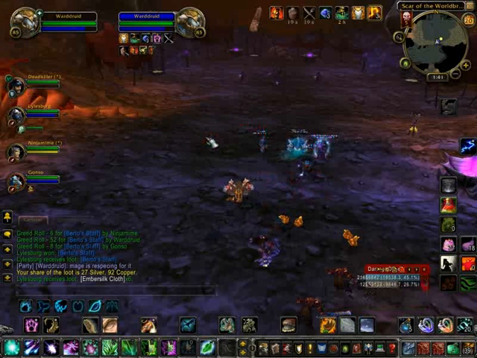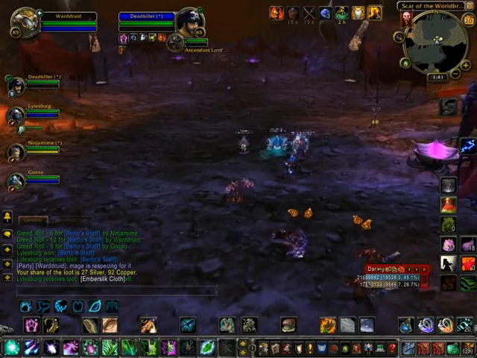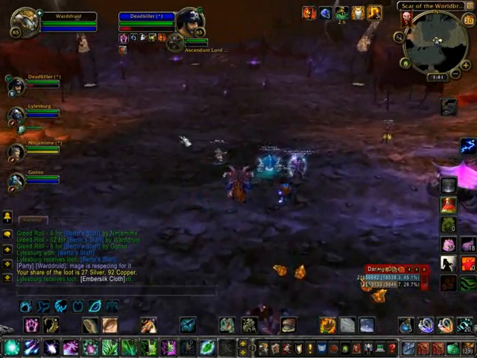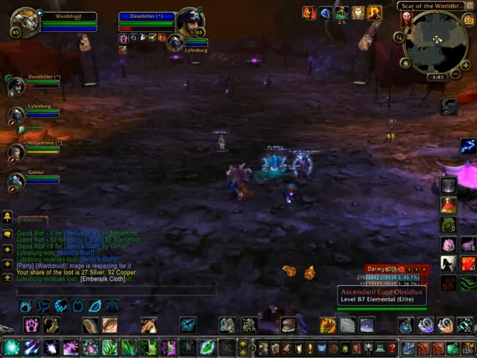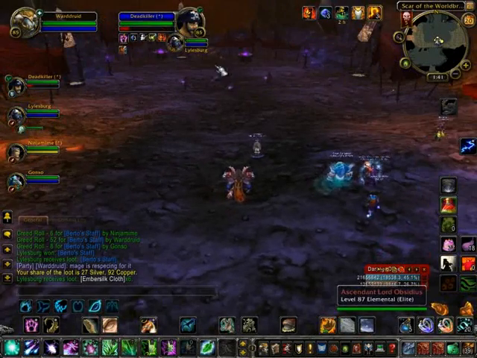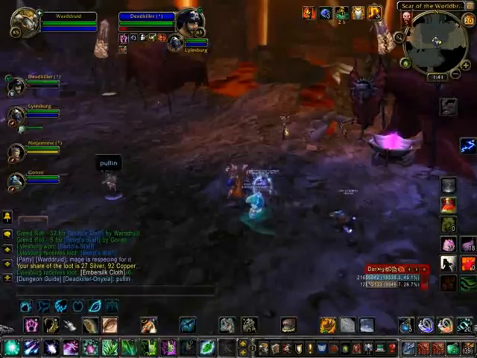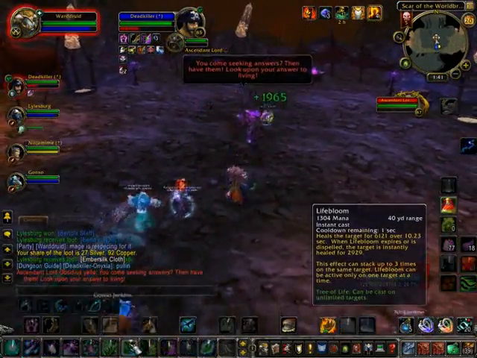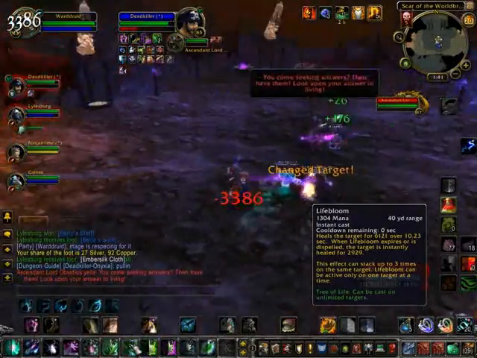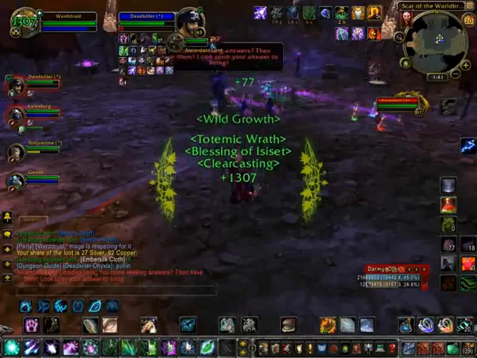I'm currently over in heroic Blackrock Caverns on my druid healer named Ward Druid, and I'm going to be showing you guys how to heal through the final boss here named Ascendant Lord Obsidius. It's also the fifth boss, so it's the fifth and final boss here. This boss is relatively easy to heal through. You just have to make sure you are keeping the heals on the tank, and that's where most of the